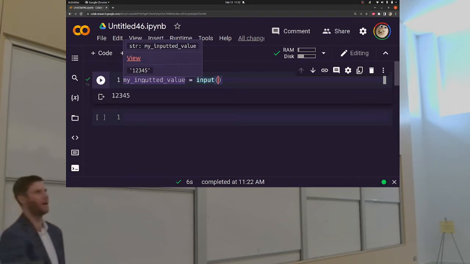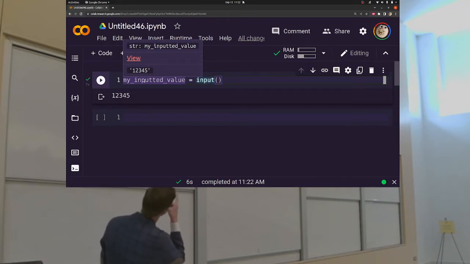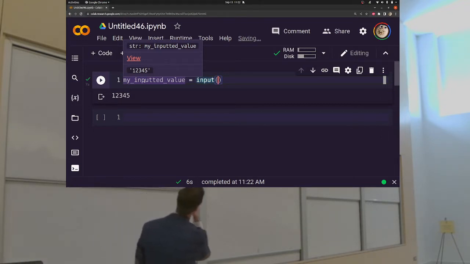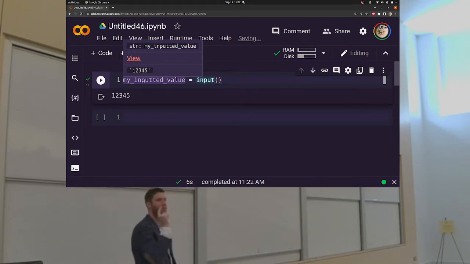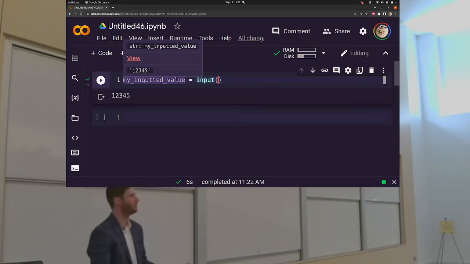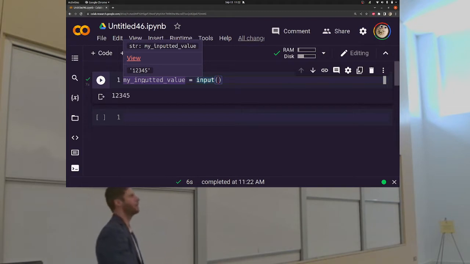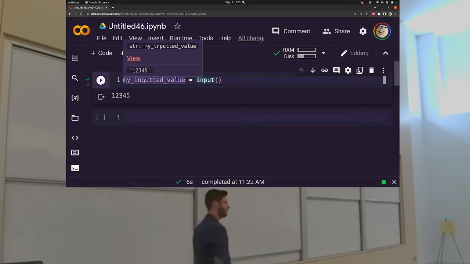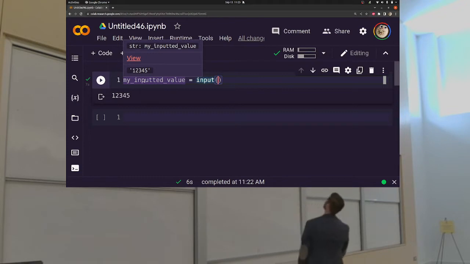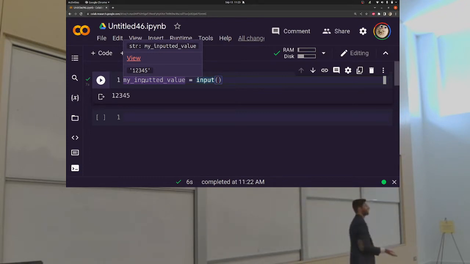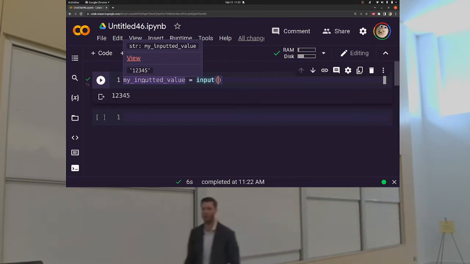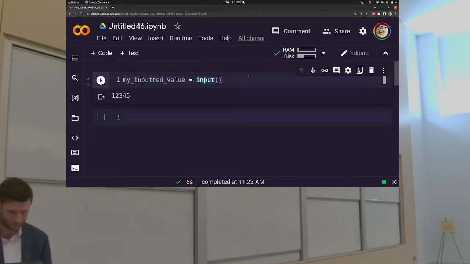Great. But what do you notice about that value? Anything particular you notice about it? It's a string. It's a string, which is fine. There's nothing wrong with that. But Python will always assume anything you input is a string. I entered 1, 2, 3, 4, 5, and it's a string. But what if I wanted it to be 12,345? Well, that's going to be a problem because if I wanted to do something like,